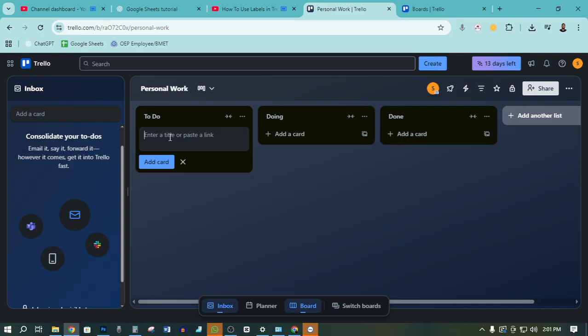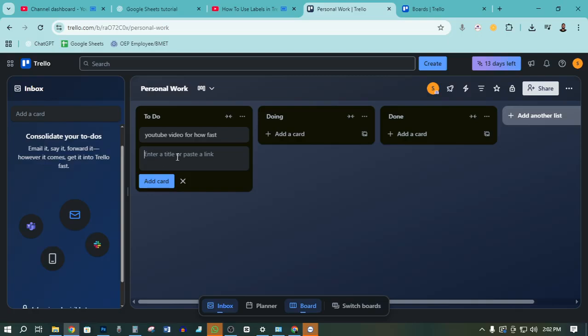You can enter a title and also you can paste a link. So I want to enter a title. And then add card.